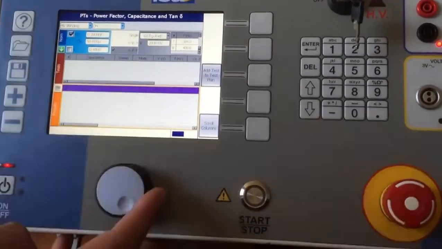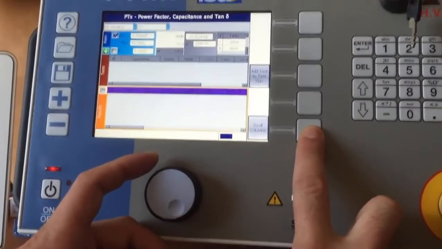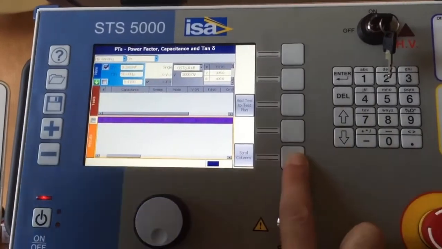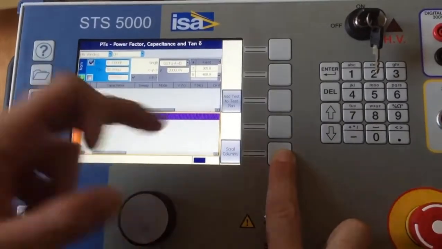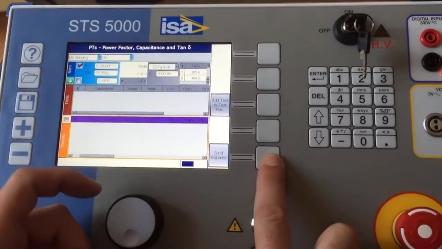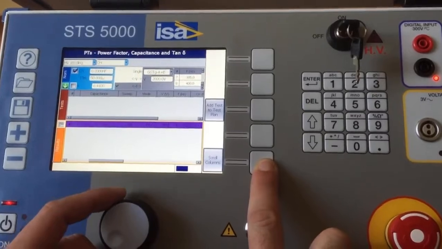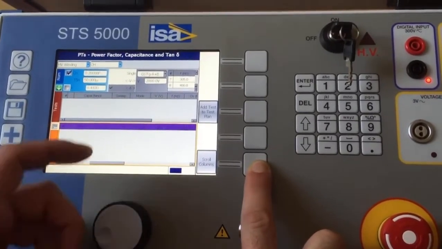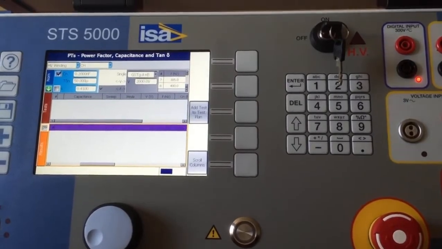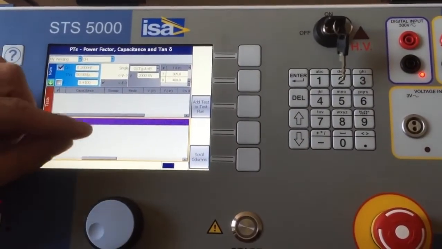Output current is also noted. Usually, if you measure tan delta, you will find milliamps, a few milliamps maybe here. Capacitance is the value which is proportional to tan delta or power factor, which are actually the values we're looking for. Often people just look at the capacitance. And then we have a few more pieces of information here, like what is the resistor connected in parallel to this capacitance,